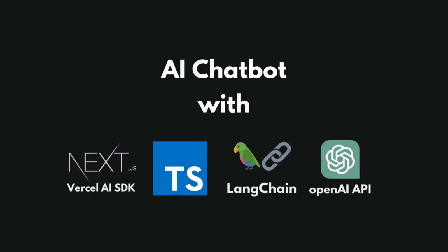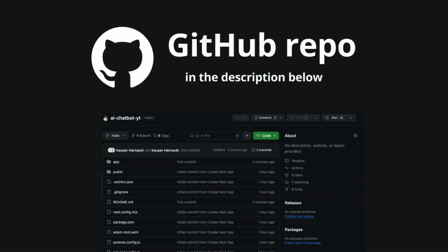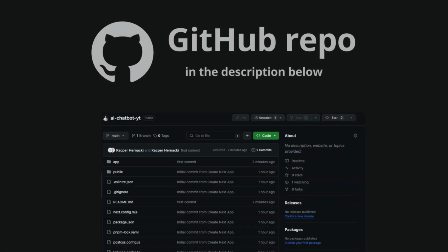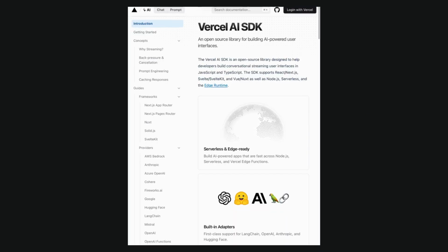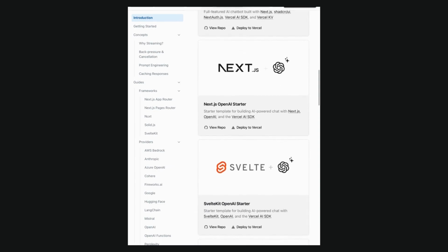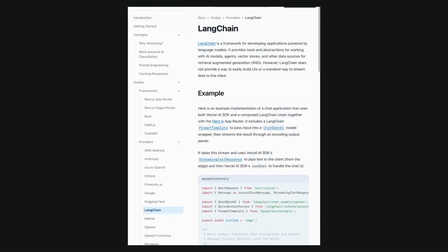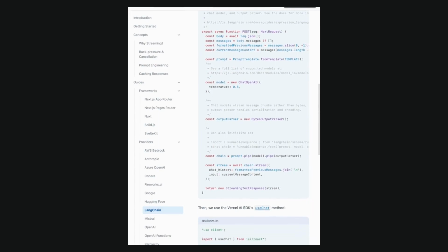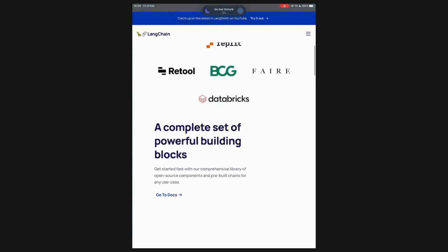Build AI chatbot with Vercel SDK, TypeScript, LangChain framework, and OpenAI API. The presented code is available in the GitHub repo, link in the description. The Vercel AI SDK is a collection of tools to help you build AI-powered user interfaces. In this tutorial, we will combine it with the LangChain framework, which is created for developing applications powered by language